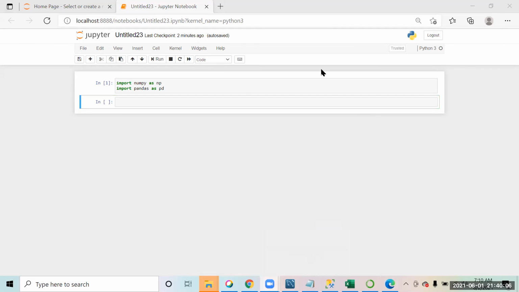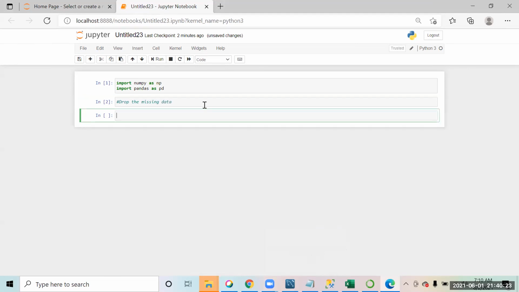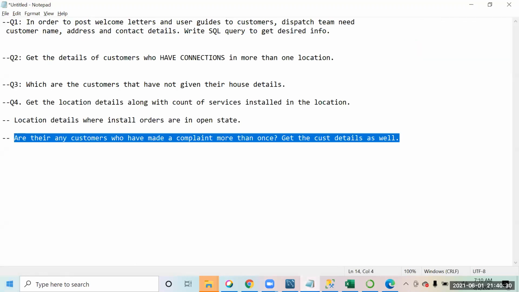So now today, I'm going to start out with a little part over here, and we will discuss how we treat or drop the missing data, right? How do we drop the missing data? So now, missing data, right? Right now I would just like to give you a little bit of a glimpse.